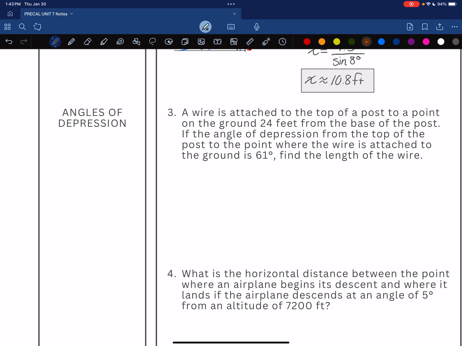Okay, so here's the ground, here's the post, and a wire is attached to it to a point 24 feet from the base. So this distance right here is 24 feet. If the angle of depression from the top of the post to the point where the wire is attached to the ground is 61 degrees, find the length of the wire. Now,